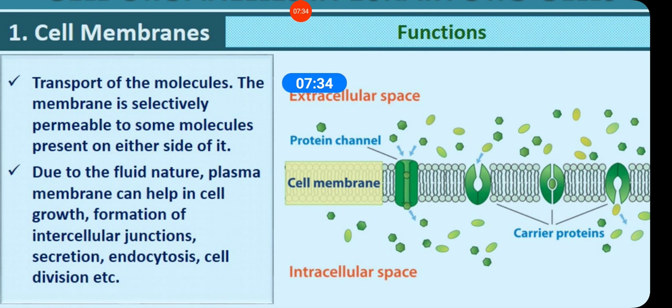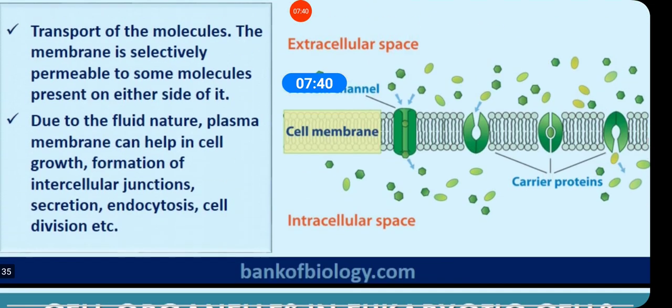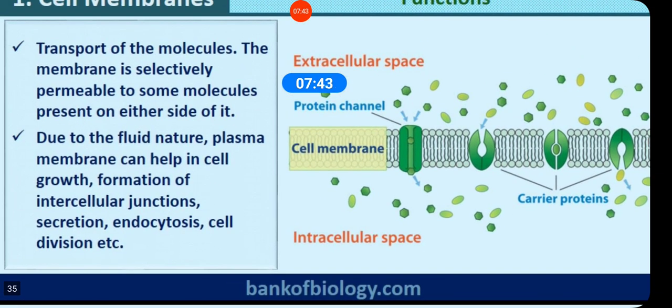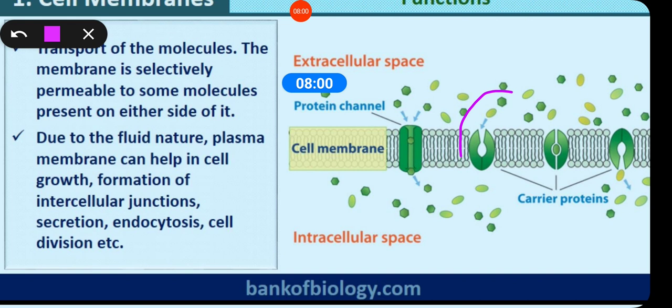So two types of movements can occur over here: active transport and passive transport. Now you can see how the molecules are moving in and out. You can see the arrow at the first protein channel. The things are going in, and these are the carrier proteins which are bringing the things in. Now it has taken the thing in, and now it has thrown it inside the intracellular space. This is how they move, and that is called lateral movement. Because of the lateral movement, it is called quasi-fluid movement.